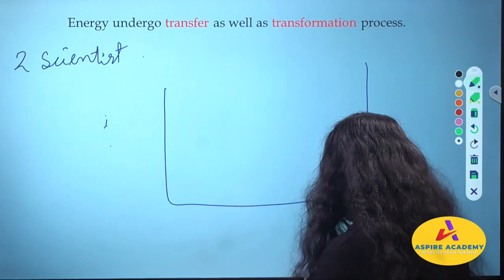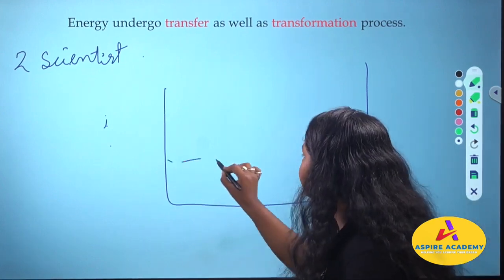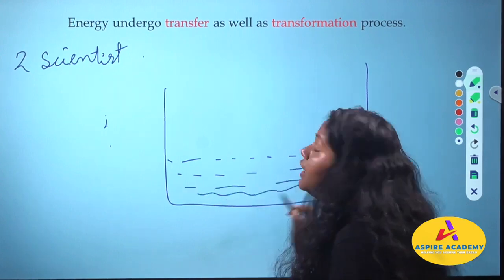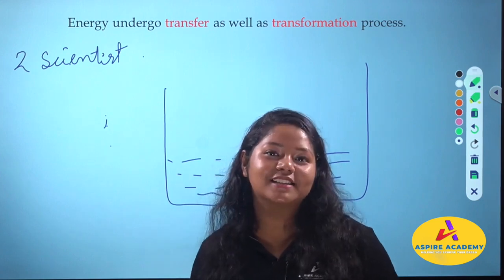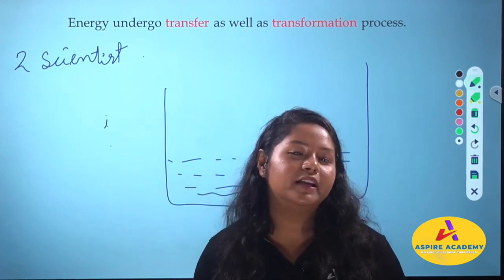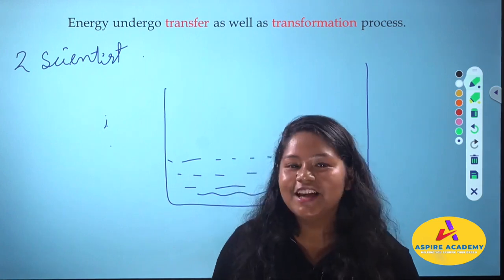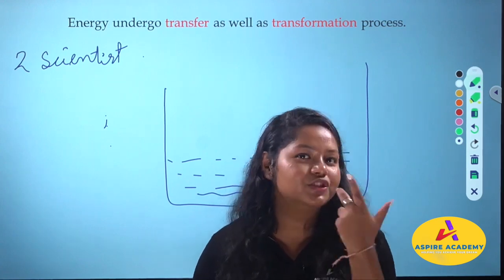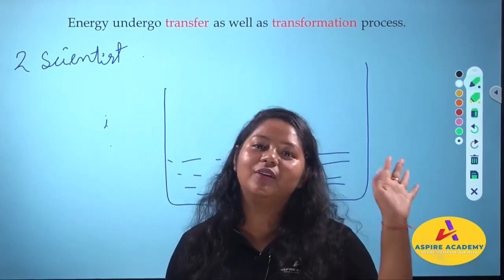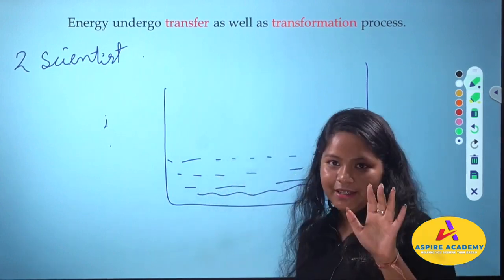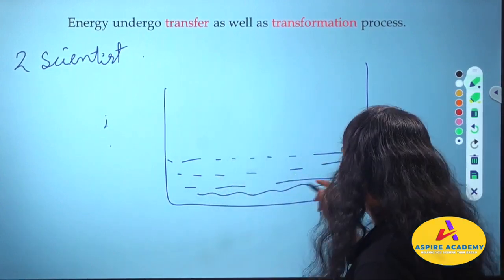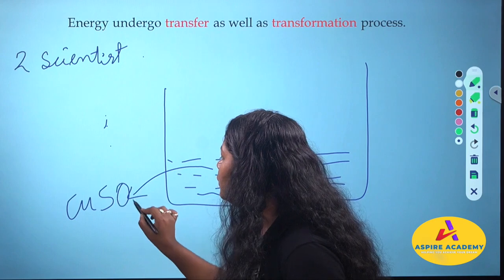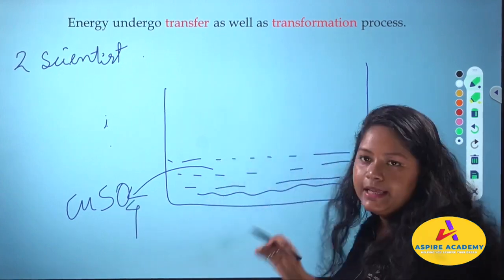They took a beaker and poured some solution that was blue in color. In your 12th, nobody will ask you what this blue solution might be. But when you go to college, if you are not able to tell why the solution is blue or what you have in your beaker, your teacher will scold you. Here, this blue solution is CuSO4. Copper sulfate solution was taken in a beaker.